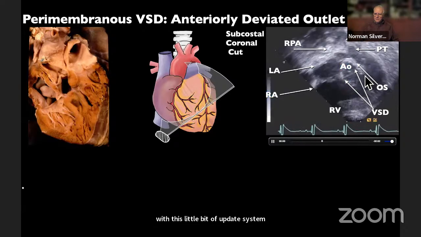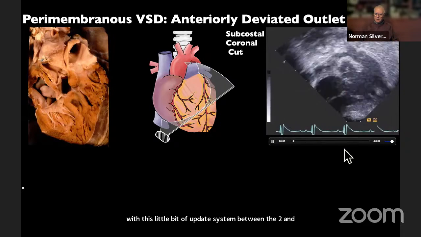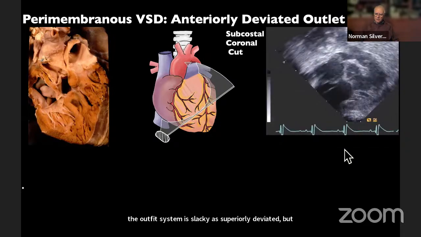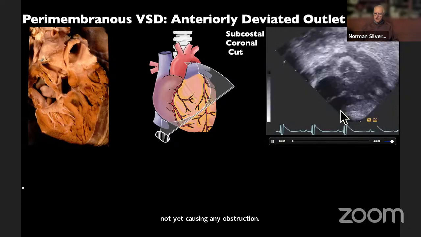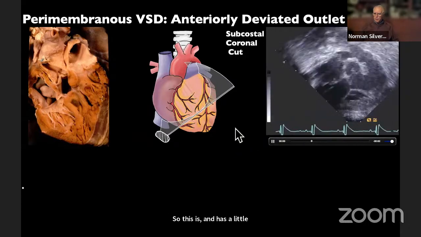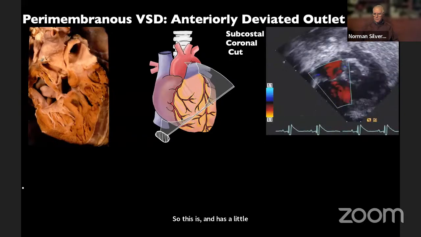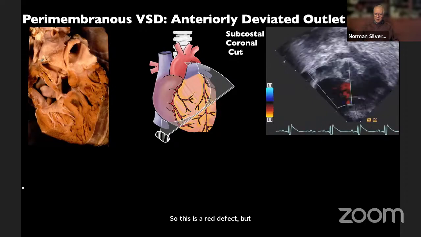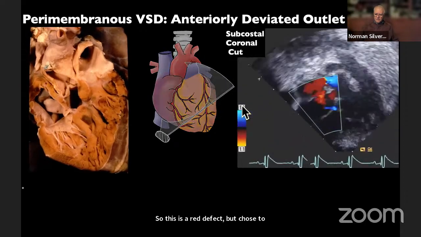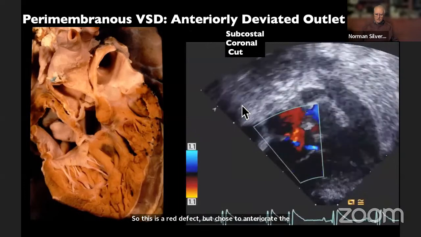And the outlet septum is slightly superiorly deviated, but not yet causing any obstruction. So this has a little tricuspid regurgitation and an atrial shunt as well. So this is a rare defect, but shows the anterior deviated outlet septum, and is often called the Eisenmenger's